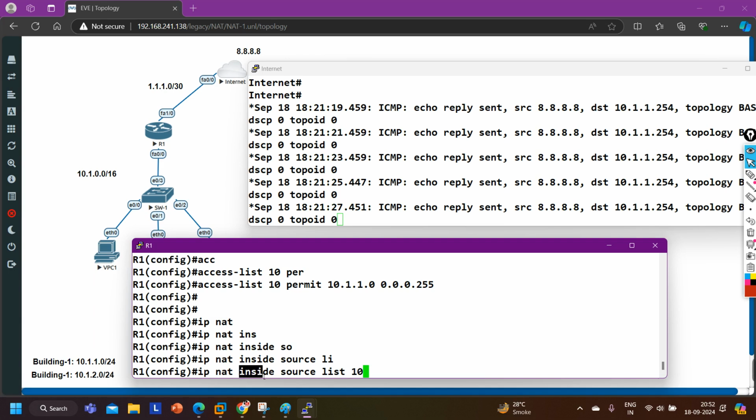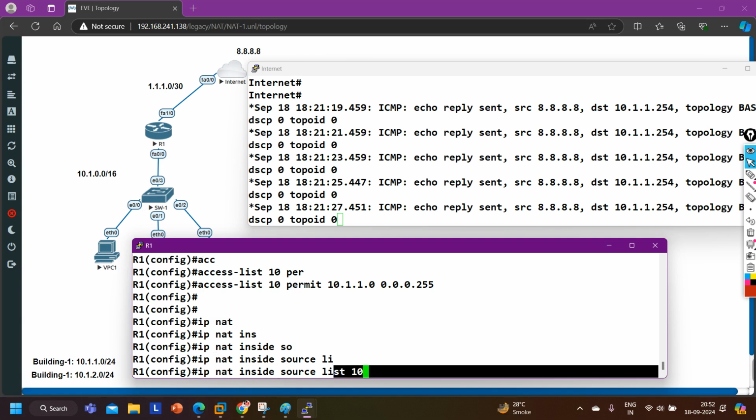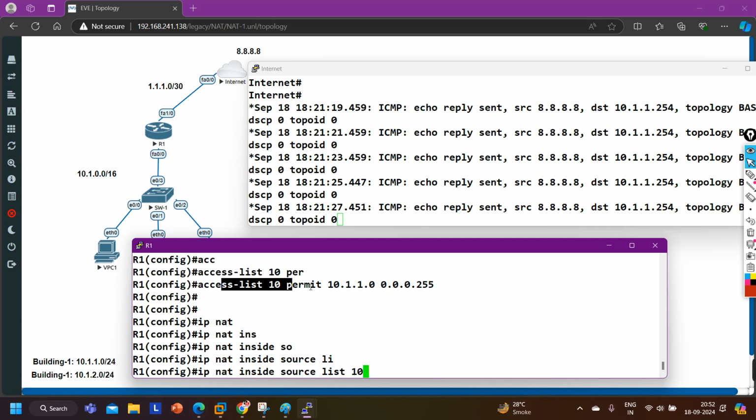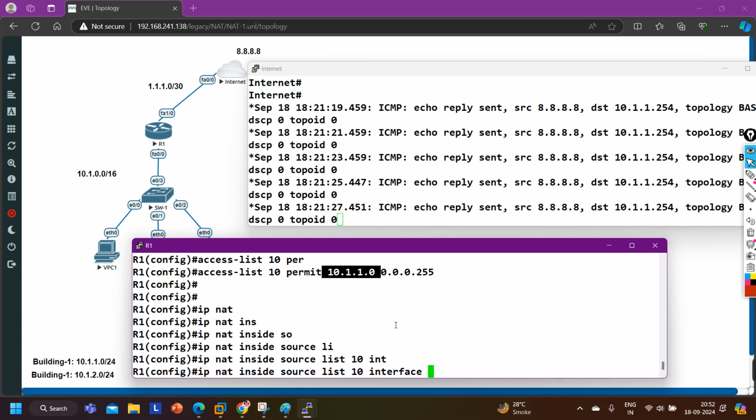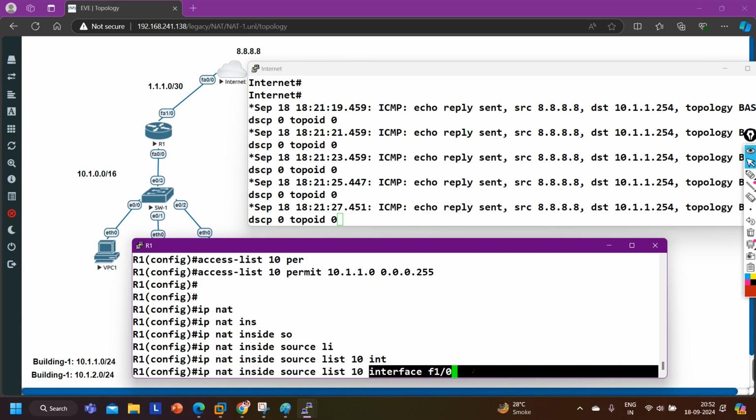So ip nat inside means NAT the traffic on the inside interface from the source list number 10, and in list number 10 we have this subnet 10.1.1.0/24, and after that I am saying translate it into the IP address which is running on interface FastEthernet 1/0.